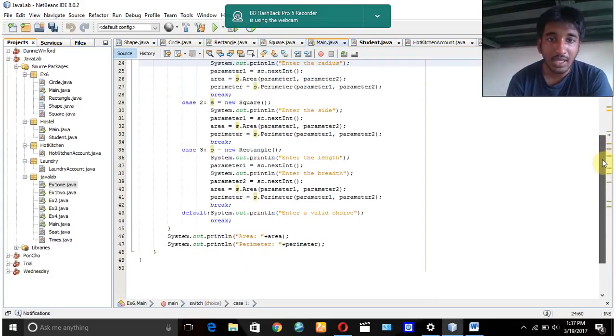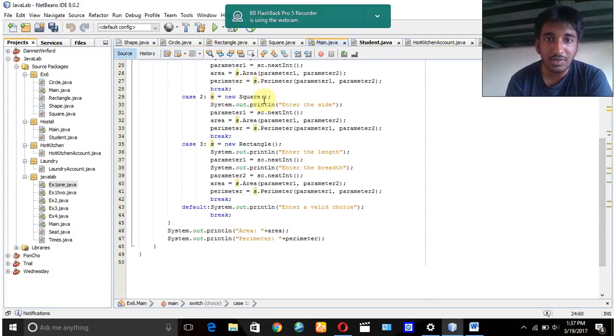In case 2, we are initializing the square. Similar to circle, it also has only one parameter, so we take it from the user and send it to s dot area and s dot perimeter, and we are getting the